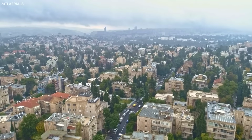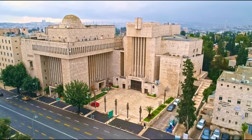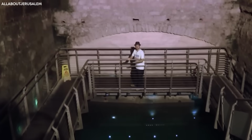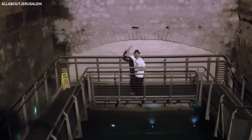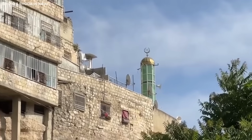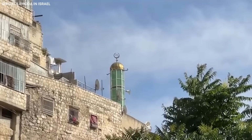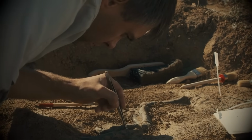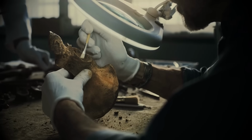We might finally be getting our first scientific glimpse of one of history's most legendary buildings. And the evidence is confirming that the biblical accounts contain genuine historical information rather than pure religious mythology. The underground network revealed. Recent AI-assisted ground surveys have revealed something that's leaving even the most experienced archaeologists absolutely stunned